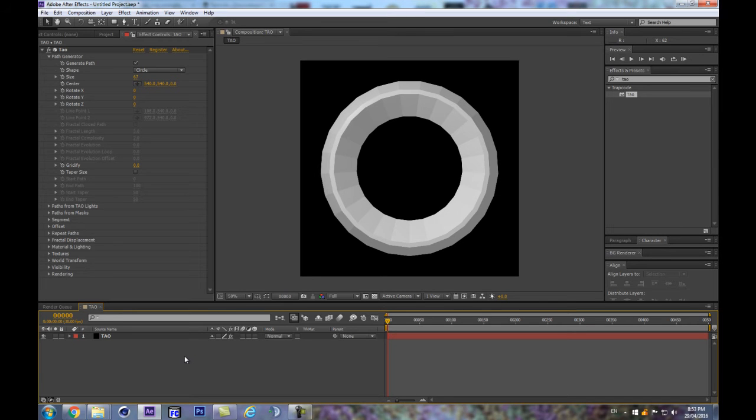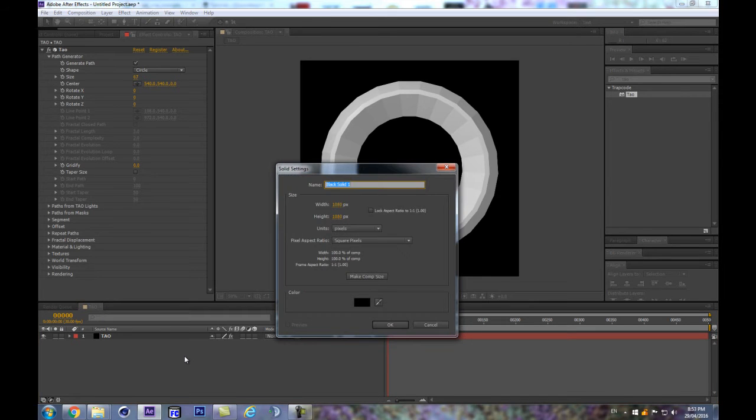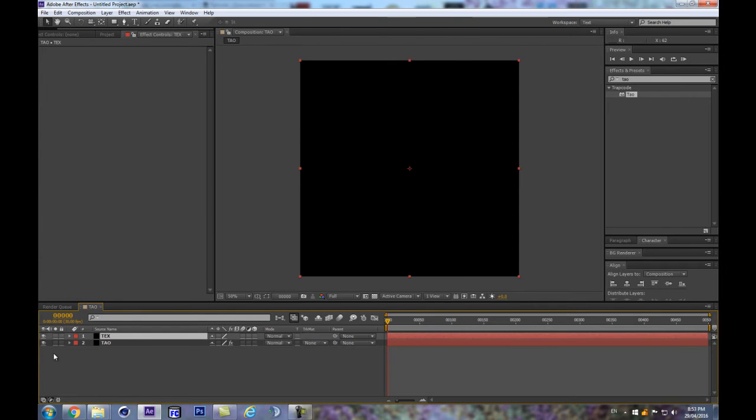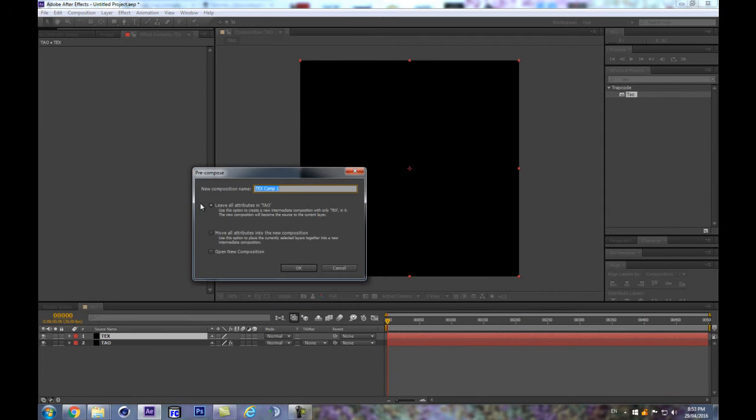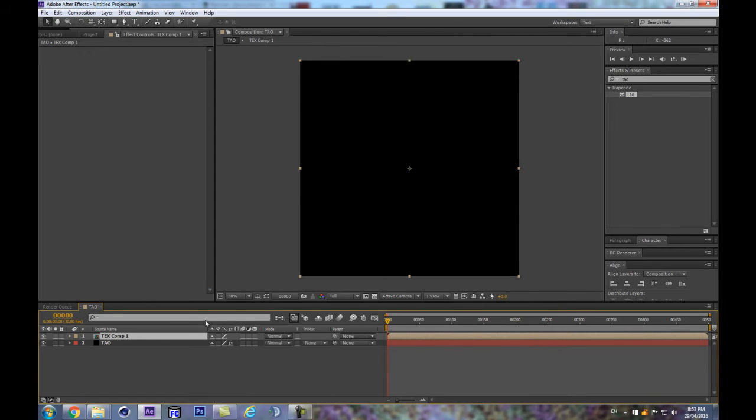So first let's create ourselves a nice texture. So let's create a new solid, and let's call this text, and let's keep it the same size as our composition. And right away we're gonna pre-comp this, so Control Shift C. I'm gonna leave all the attributes here. So right in there we're gonna double click to get inside, and right on here what we can do as